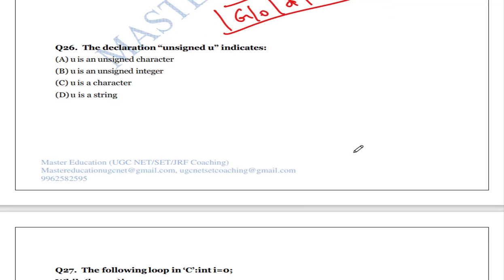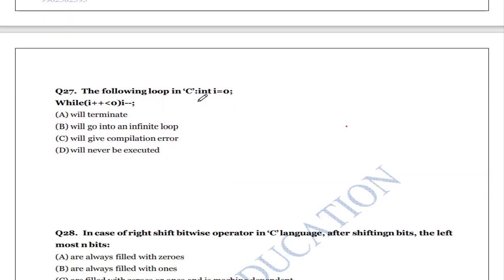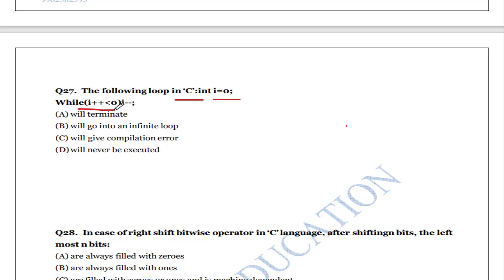The next question, the declaration unsigned u indicates u is an unsigned integer, that is just a data type declaration. The next one, the following loop in C, integer I equal to 0, while I plus plus is less than 0. So I plus plus is a post increment. So I value is 0. Is 0 less than 0? No. So it will terminate the loop, right?